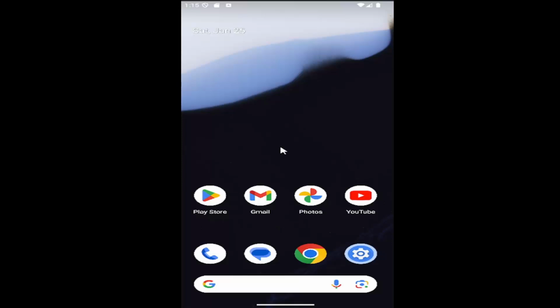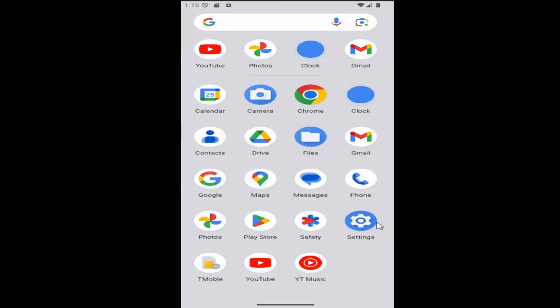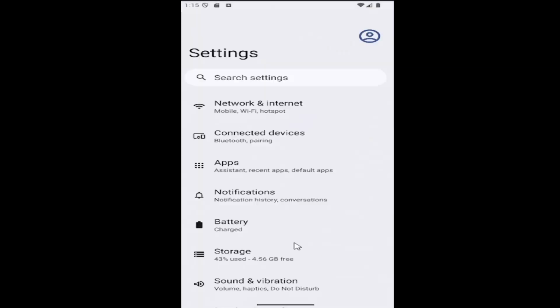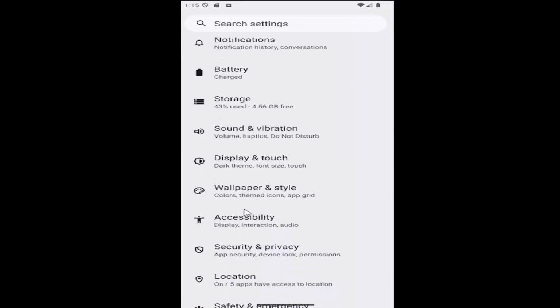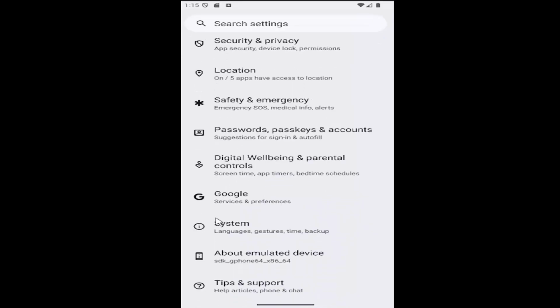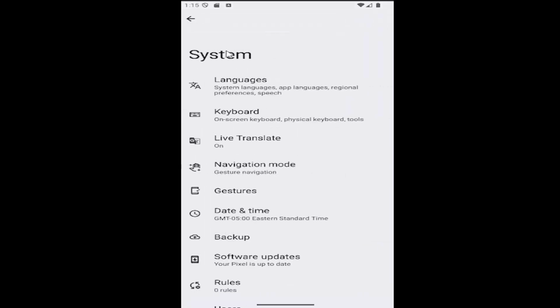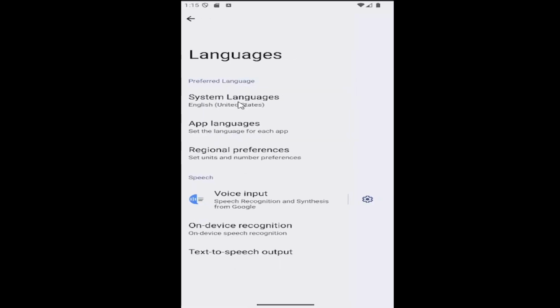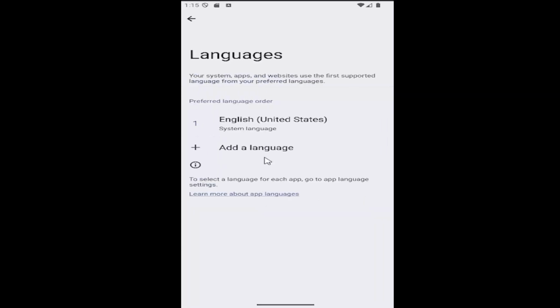So all you have to do is swipe up on your home screen and select the settings gear button. And then you want to scroll down and select the system tile. Underneath system, select the languages tile at the top. And then under system language, right at the top, you can select that option here to go adjust the system